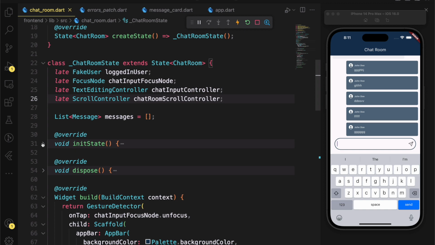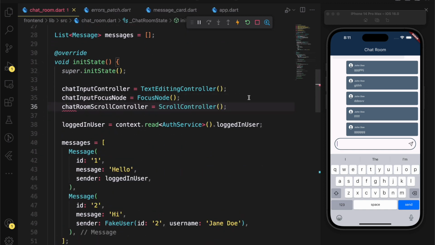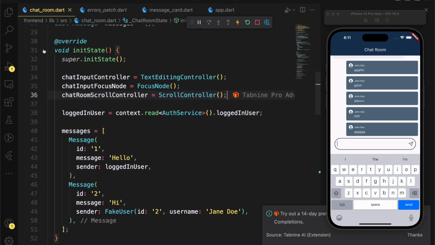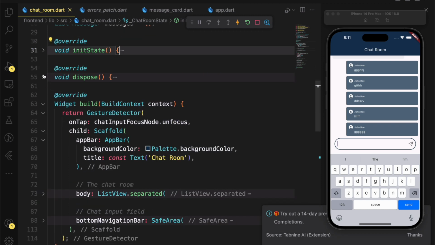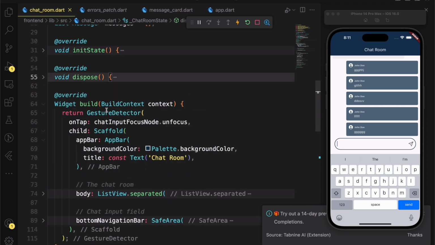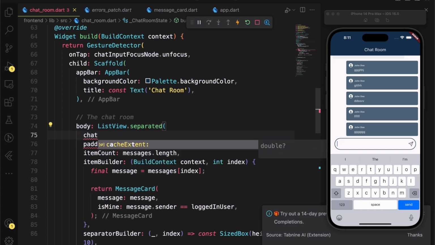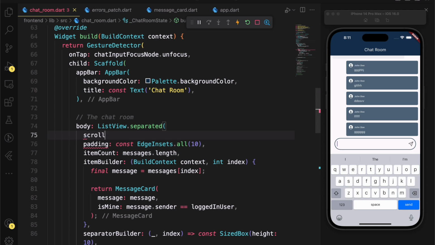Then, as usual, since it's late, we have to initialize it in the initial state of the application and then dispose it as well. Then we need to add the scroll controller to the list view here, because the list view is scrollable, and that is the part that we actually scroll when the message goes past the viewport.